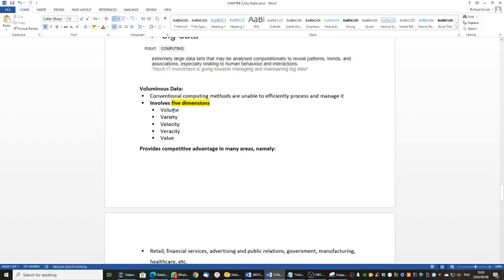Volume is how much data is there. Variety is how different is it, how many different things do we have. Velocity is how quickly are we getting it. Veracity is a strange English word that means accuracy. How accurate is the data that we're looking at? And then finally, all of these are going to make up something called the value of the data, and the value is what we are actually after. So the final one of the 5,